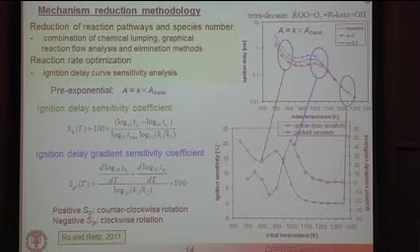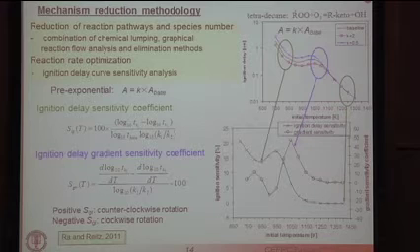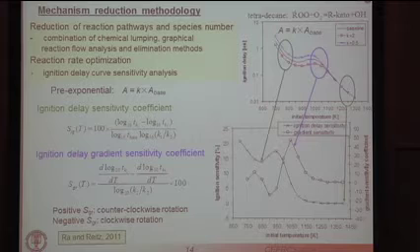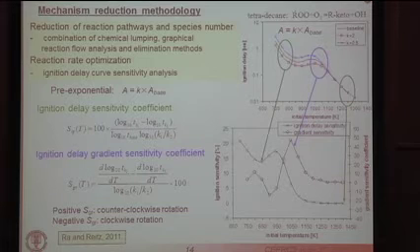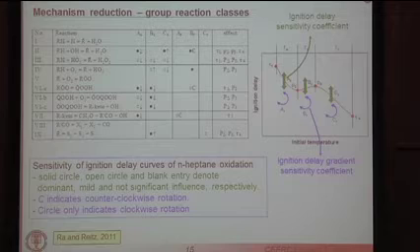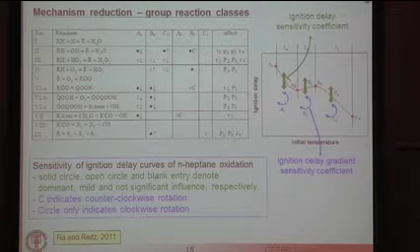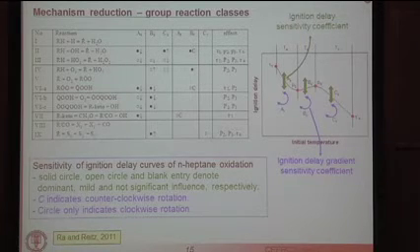If it's positive, this curve here tends to rotate in a clockwise rotation, and if it's negative, the curve tends to rotate in a negative orientation. So that's a very useful metric because you can basically list these sensitivity coefficients for all of the reactions in your system. And that's, for instance, done here and described in this paper, where we're looking at 9 very important classes of reaction in hydrocarbon kinetics here,